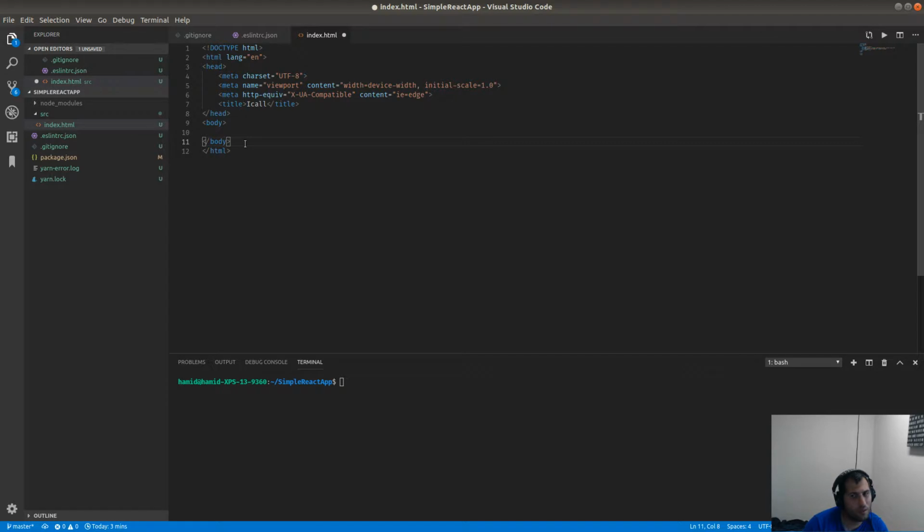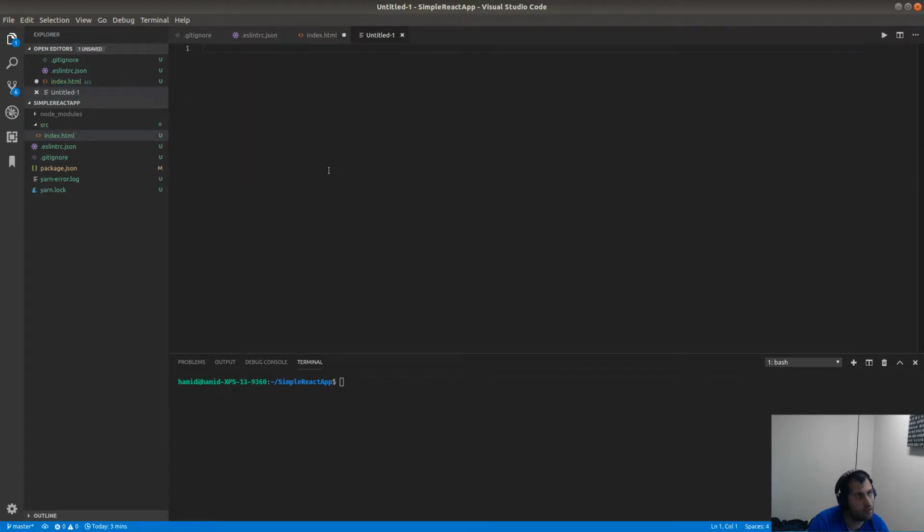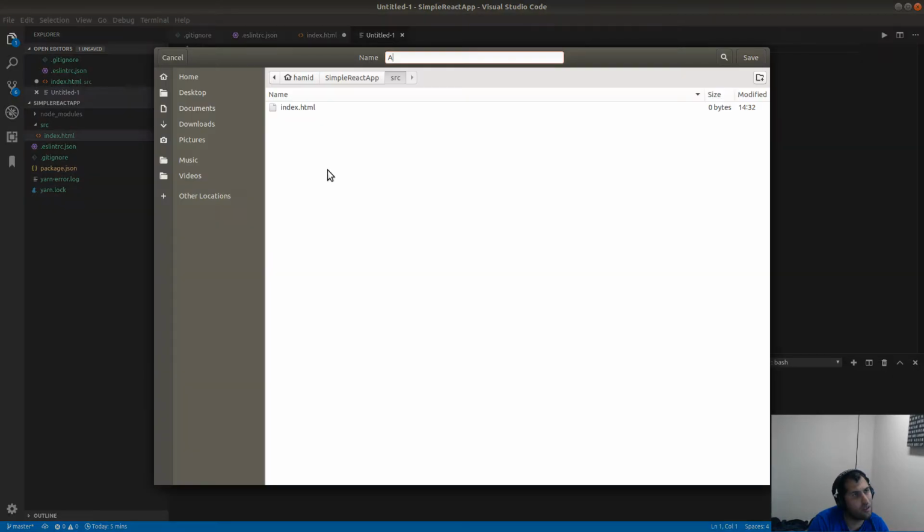let's actually add a script at the end. Let's actually add a div. ID will be root, right? The whole React application will go there, and then script source script. Okay, let's add another file. Let's call this app.js, and then let's say import